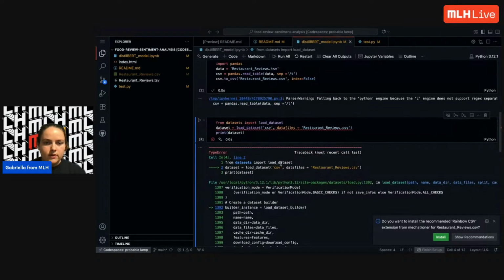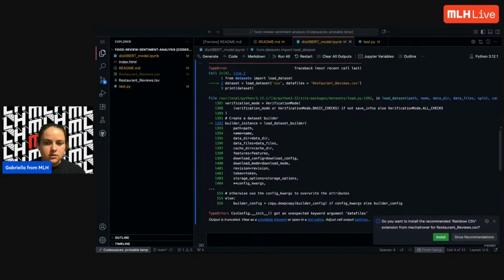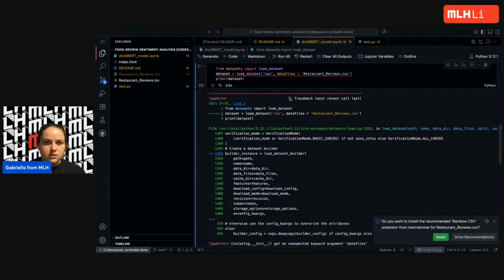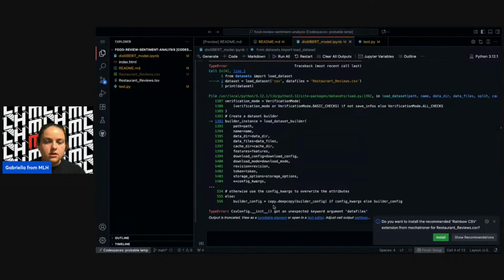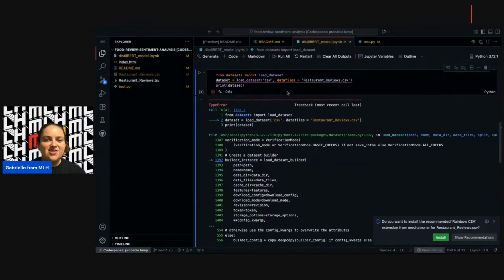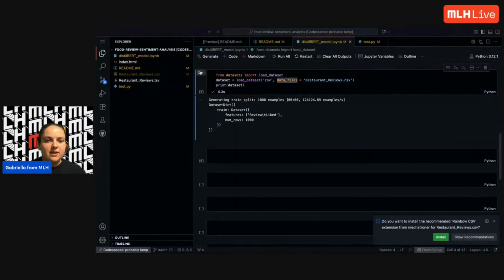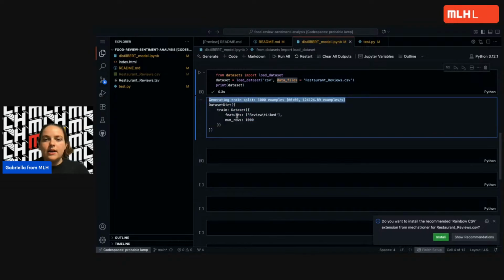Oh, we have an error. Got an unexpected key. Oh, because I forgot an underscore. It's always the little things. There we go. Okay, so we have our data set, and right now we are generating the train split as